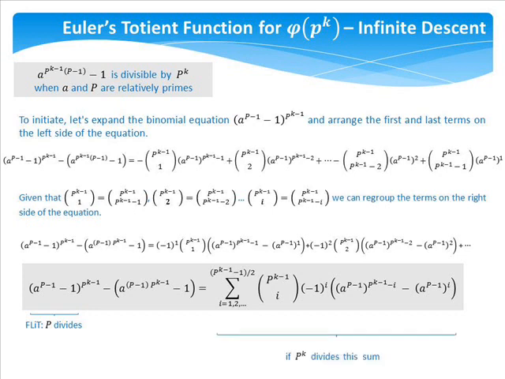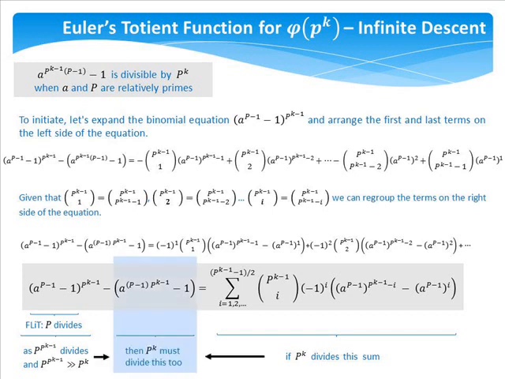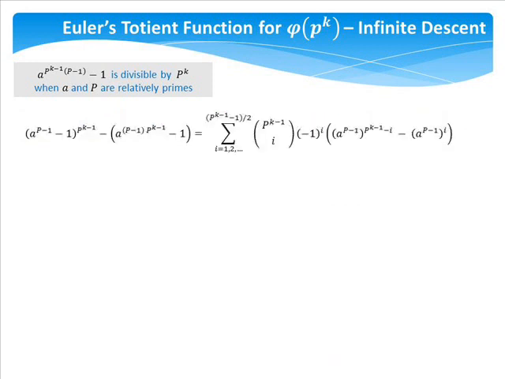Then, if p raised to k divides this sum on the right side of the equal sign, then as p raised to k minus 1 is much bigger than p raised to k, then p raised to k should divide a raised to p minus 1 times p raised to k minus 1, minus 1, which is actually what we want to prove. As we need to prove that p raised to k divides this sum, we have to deal